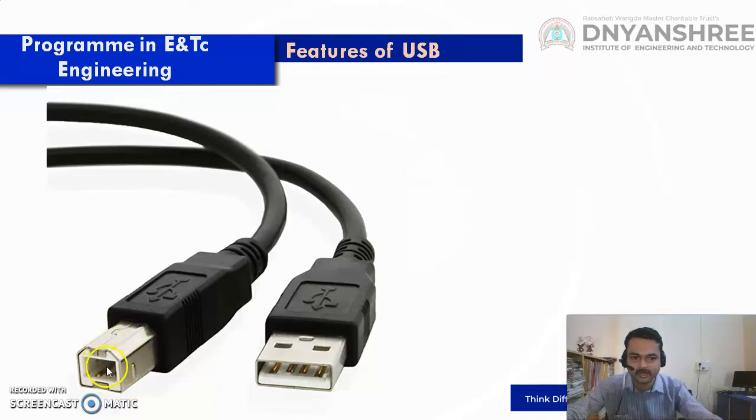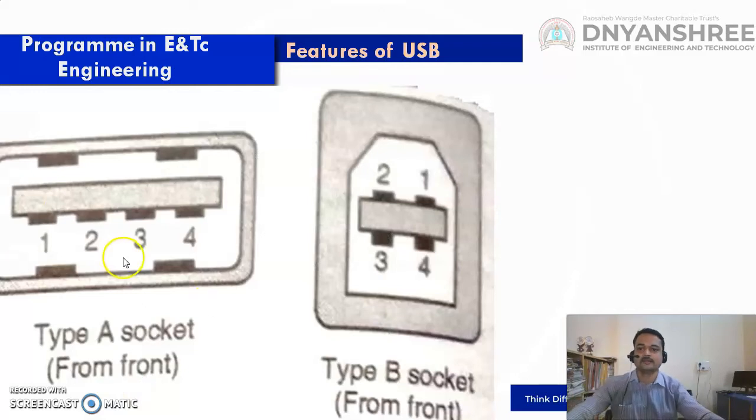Most type B connectors we have seen are on the mobile data cable. On the other side of the mobile data cable is this kind of connector. Even the USB charging port for a mobile has this kind of connector. This is a type B connector with 1 2 3 4, as shown here. The numbering starts from left to right, 1 2 3 4, for the type A socket of USB 2.0, and this is 1 2 3 4 for the type B socket of the USB port.